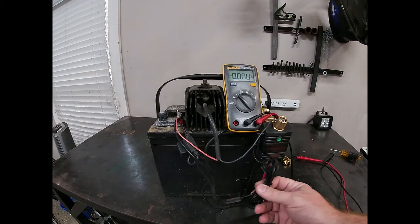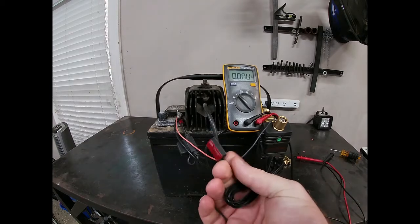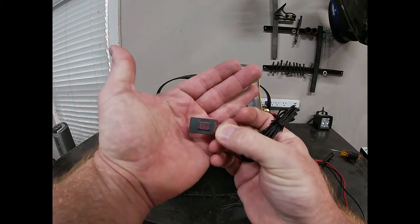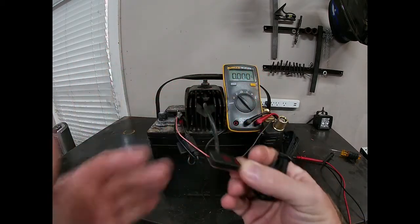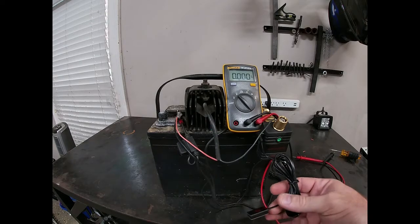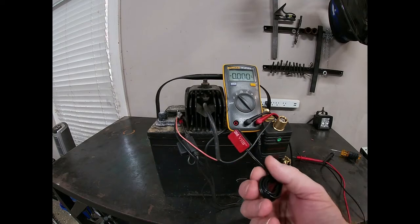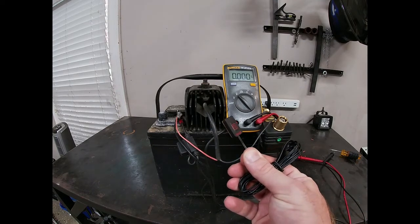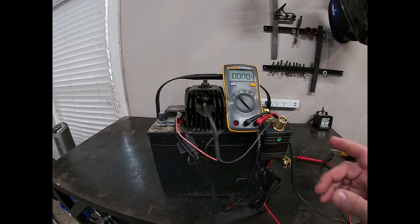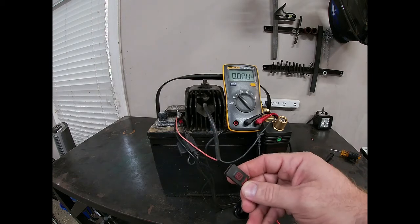So what you do is you'll mount this button somewhere in your vehicle. If I can make it a little closer for you. It's tough to see there. Just a little power indicator. They recommend to put it maybe on your windshield, even outside the car. If I was installing this, I would run it inside my vehicle and put it on the dash or somewhere maybe near the ignition. So what should happen when I hit this button, that light should come back on, telling me